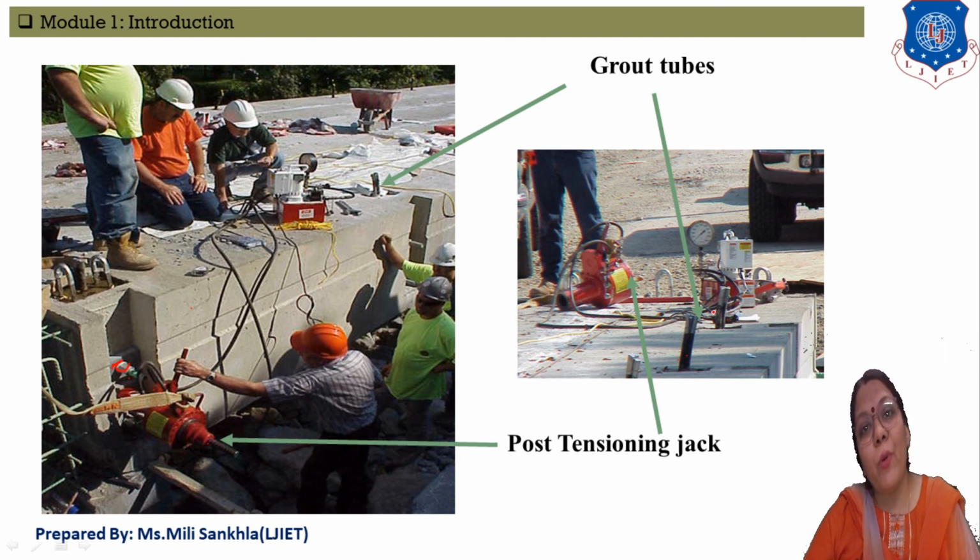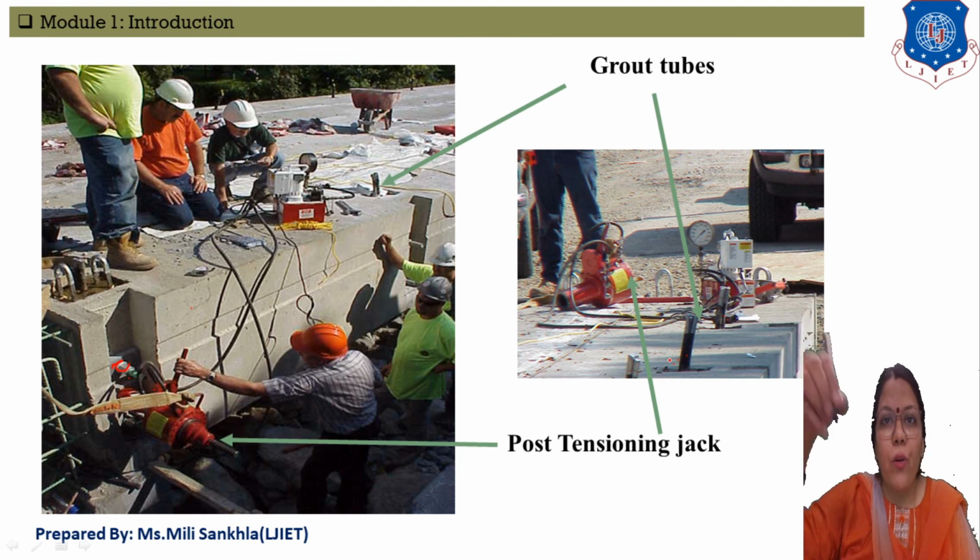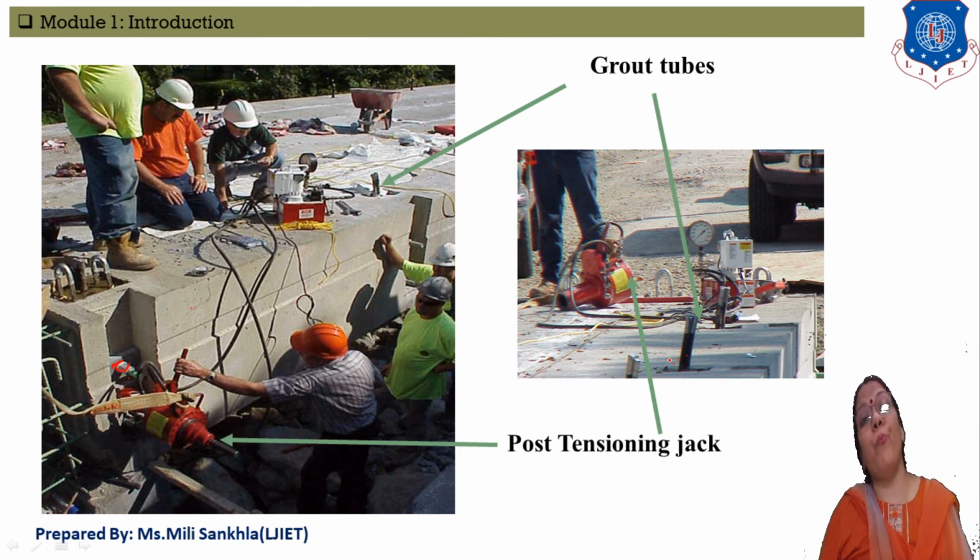Why are we providing grouting? Because grouting prevents the corrosion of the reinforcement material, and these holes are provided to pour the grouting. This is the concept of post tensioning. In post tensioning, the concrete hardens first, and then we stretch the tendons, and the force of these tendons is transferred to the concrete. If it is bonded, then grouting is provided, and if it is unbonded, then grouting is not provided. The main purpose of grouting is to prevent corrosion of the reinforcement that we provided.